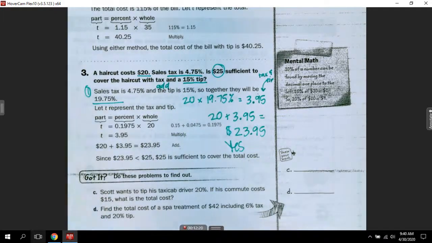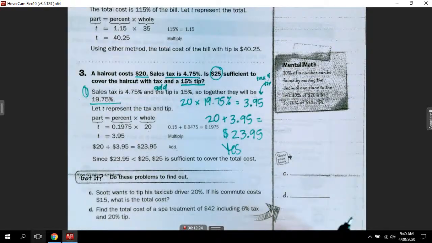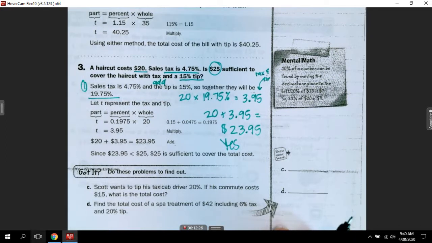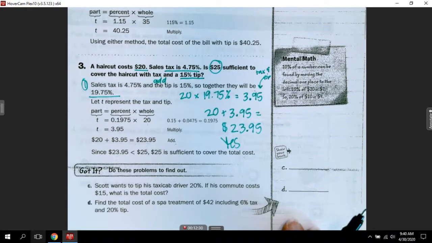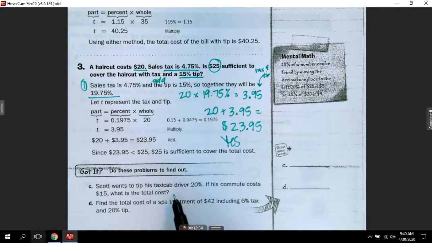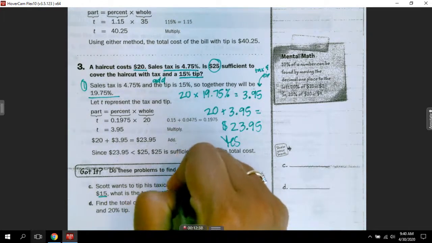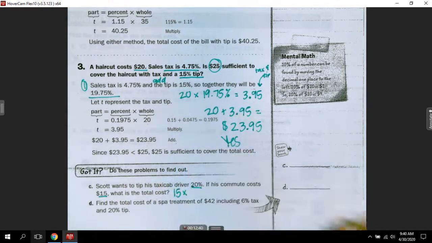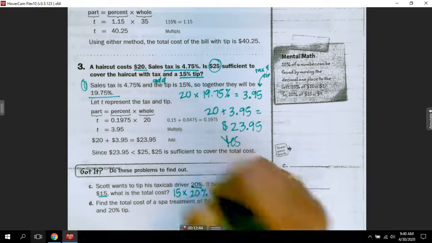Okay. Look at C and D down here. Scott wants to tip his taxi cab driver 20% if his commute costs $15. What is the total cost? So, cost $15, so we're going to do 15 times however much he wants to tip, which in this case is 20%. So 15 times 20%